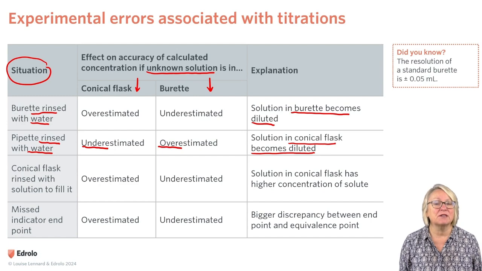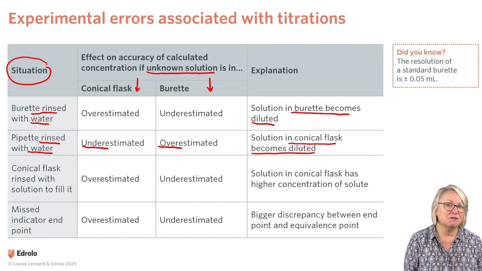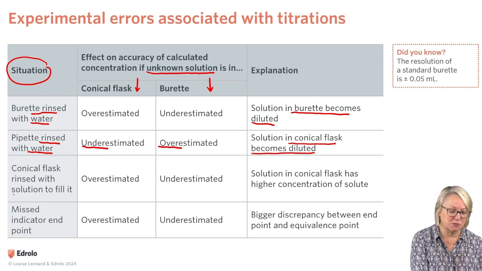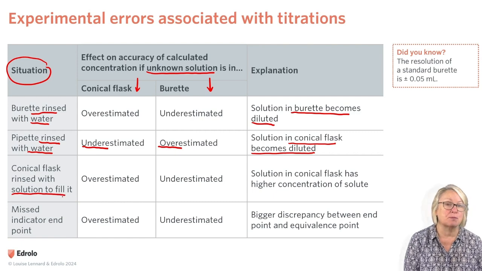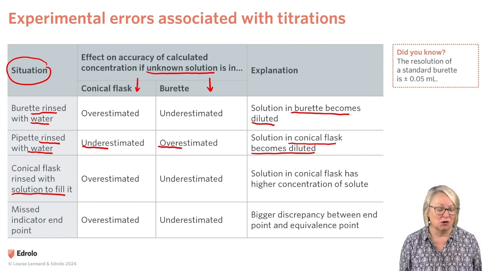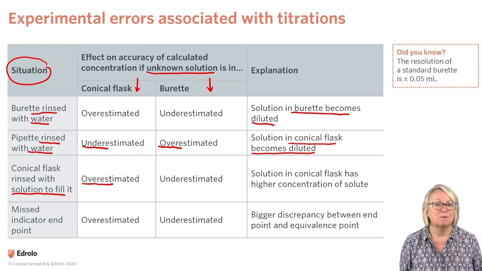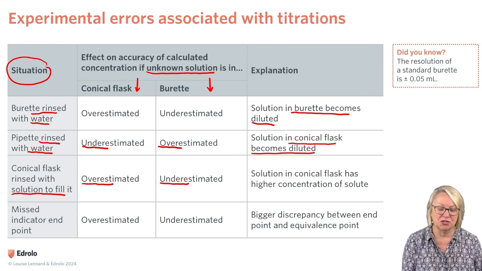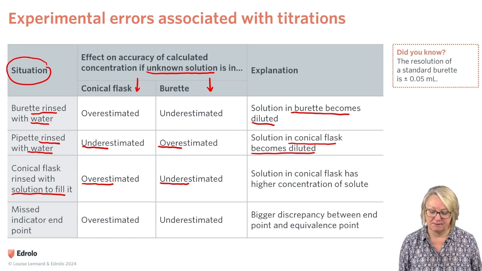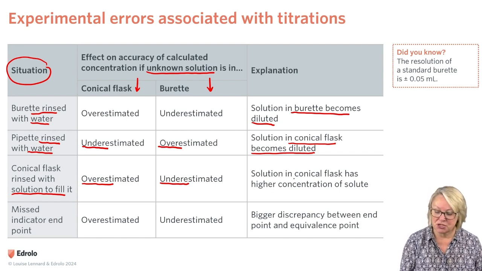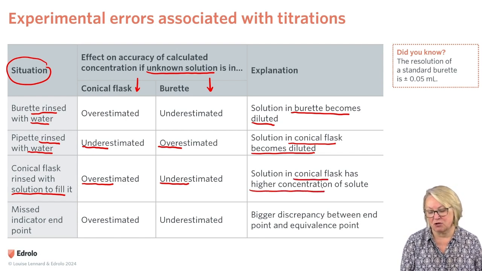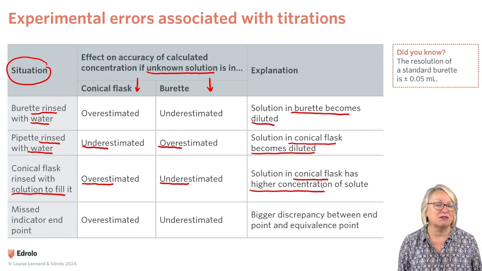Conical flask should only ever be rinsed with water. Same with a volumetric flask. If, though, the conical flask was rinsed with the solution that's going to be put into it from the aliquot or from the pipette, that would lead to an overestimation if the unknown is in the conical flask, or an underestimation if the unknown is in the burette. And that's because the solution in the conical flask will be a higher concentration of solute than should be from